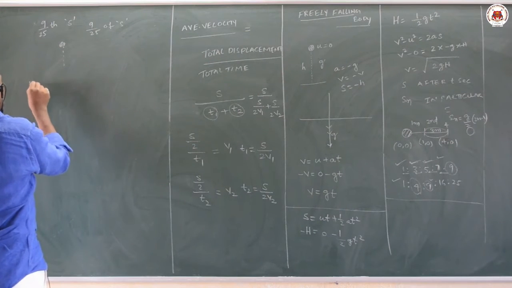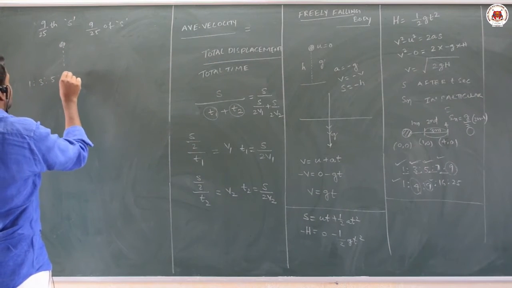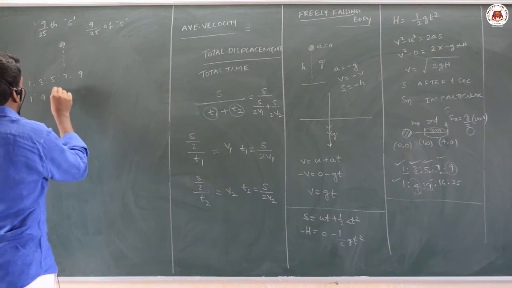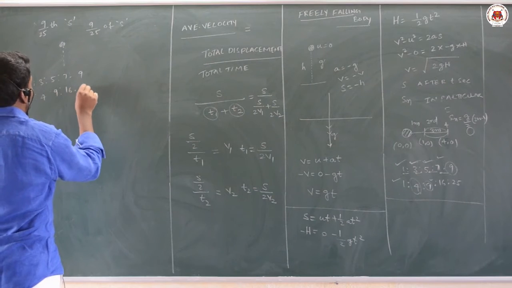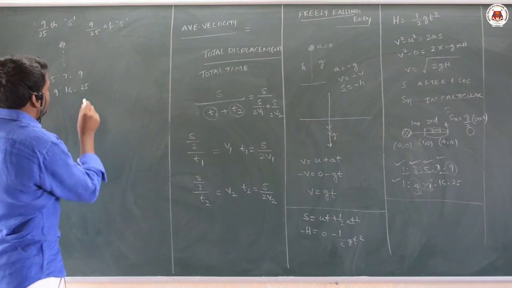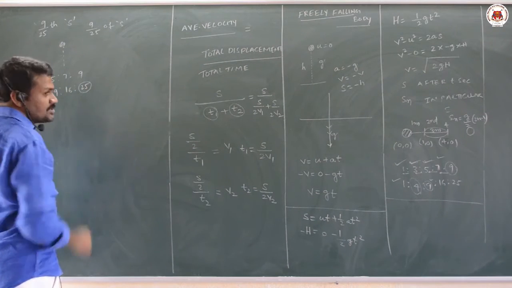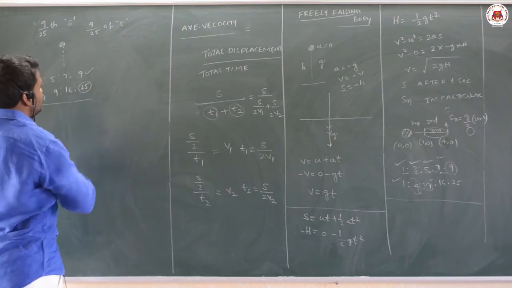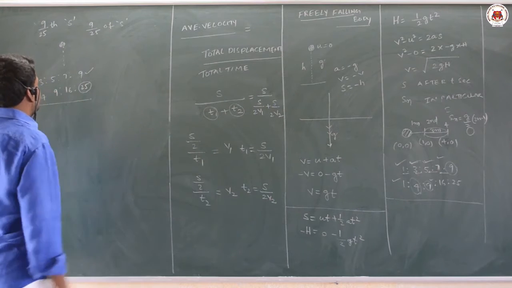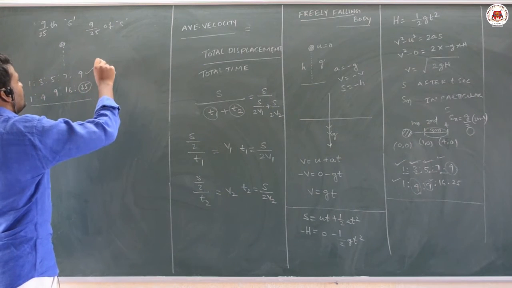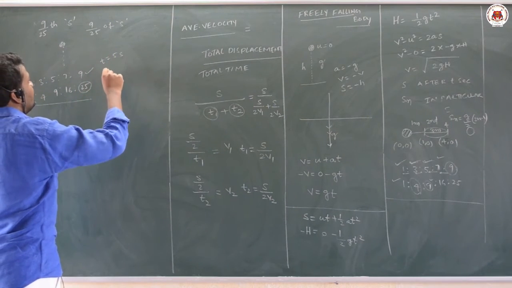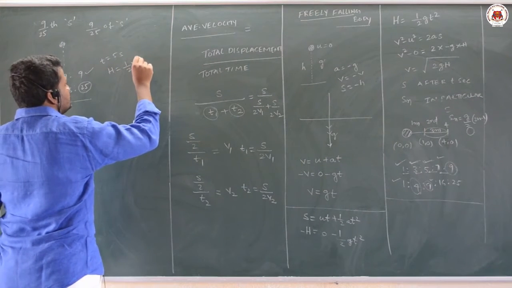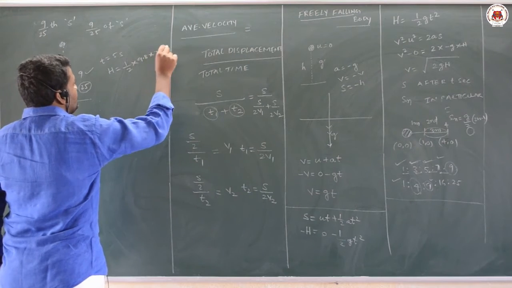So, this is very simple, 1 is to 3 is to 5 is to 7 is to 9, and 1 is to 4 is to 9 is to 16 is to 25. That means according to the given question, out of 25 meters you have to cover 9 meters in the last second. So, the duration of fall is the 5th second. Directly we can tell it is the 5th second, and the time of fall is 5 seconds. If we ask the height from which it is falling, height is equal to half g t square, half into 9.8 into 25 will be your answer.